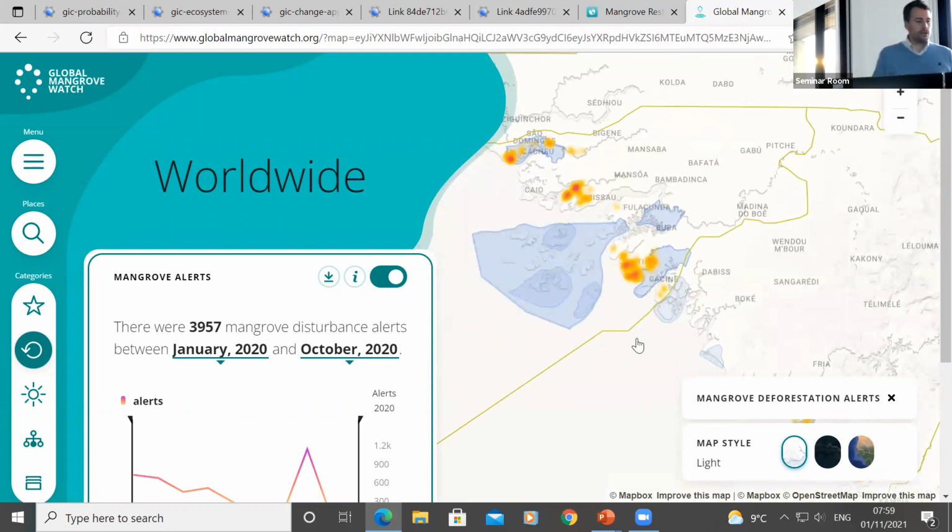And this is really useful. You can start to identify areas that are changing in almost real time. It's pretty up-to-date information. This led to field teams from Worthington International going to the field to identify why there was this big area of loss in one of these places in Guinea-Bissau. And it's actually related to an area being cut off and the mangroves being cleared for rice aquaculture. But you can start to identify, and maybe if it's viable, put in conservation or restoration activities based on this real-time data. As I said, this database and this data platform is being updated as we speak.